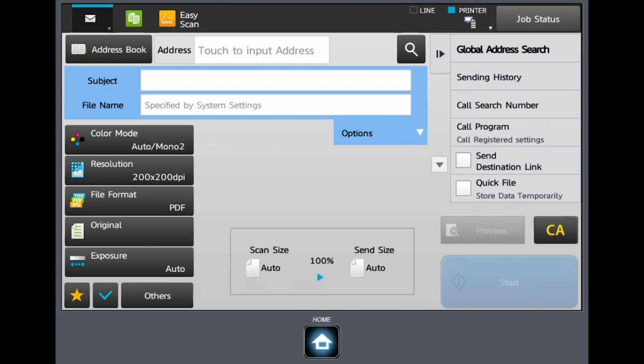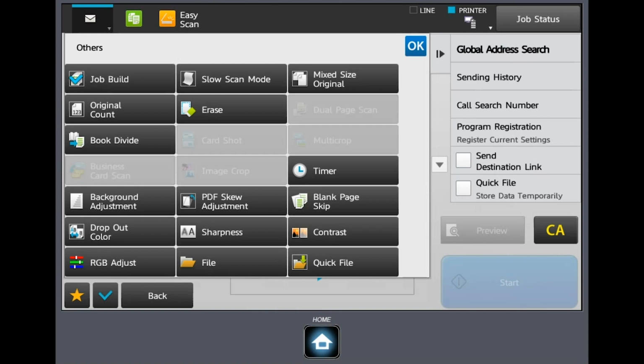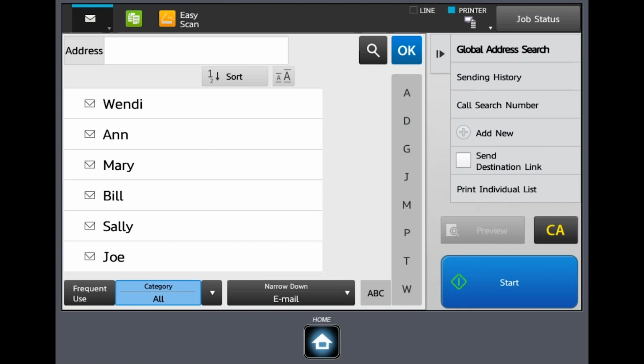Under Others, we do have some other features that may be helpful for you. One is Job Build. With Job Build, our document handler holds 150 sheets of paper, but what happens if you have 300 pages that you need to scan? Instead of having to break it up into 2 separate scan jobs, once you select Job Build, you can put your documents in the document handler,